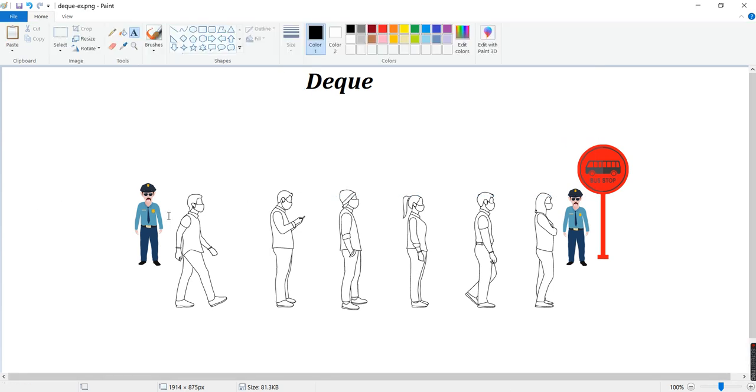As you can see, there are people standing in a line at the bus stop, everyone maintaining social distance with their masks, and they are waiting for their bus to arrive for some time. You can also see there are ticket masters at this end and at the extreme end.